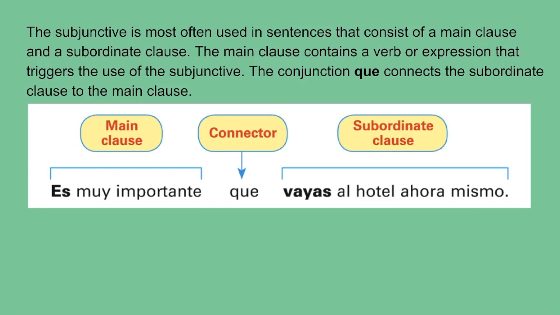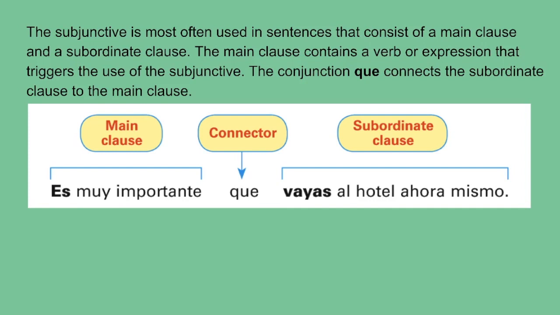Then you have your connector, and then you have your subordinate clause, sometimes called the dependent clause. The subordinate clause or dependent clause cannot exist without the main clause or the independent clause. Okay, I don't know if I have you confused here, but the main thing you need to recognize is that when you're using the subjunctive, you're going to have these two separate clauses, and they will both have different subjects,